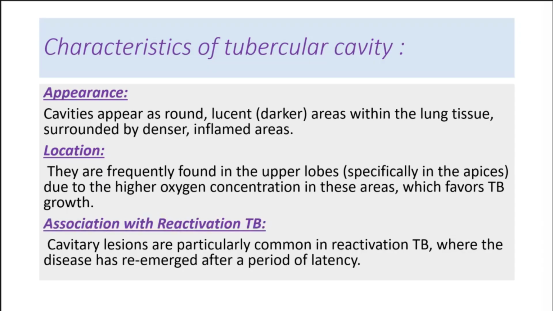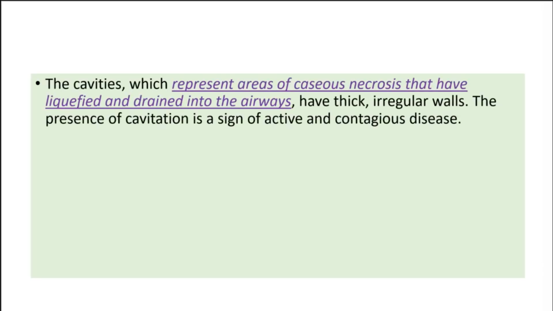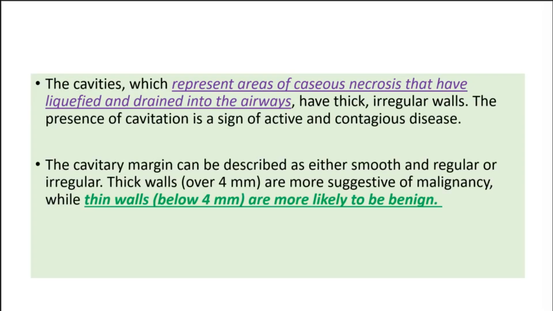Association with reactivation TB. Cavitary lesions are particularly common in reactivation TB, where the disease has re-emerged after a period of latency. The cavities, which represent areas of caseous necrosis that have liquefied and drained into the airways, have thick, irregular walls. The presence of cavitation is a sign of active and contagious disease. The cavitary margin can be described as either smooth and regular or irregular. Thick walls over 4 mm are more suggestive of malignancy, while thin walls below 4 mm are more likely to